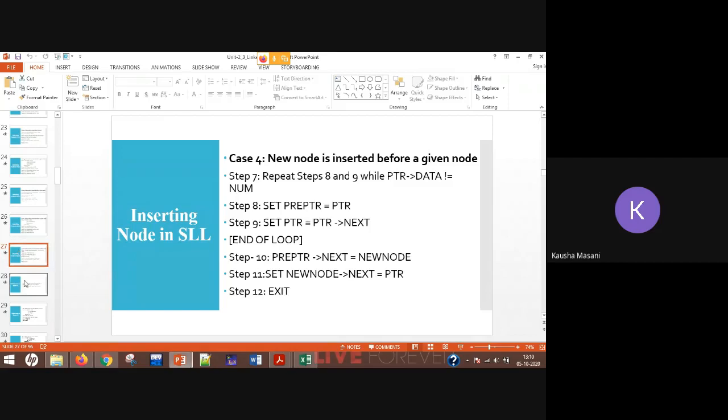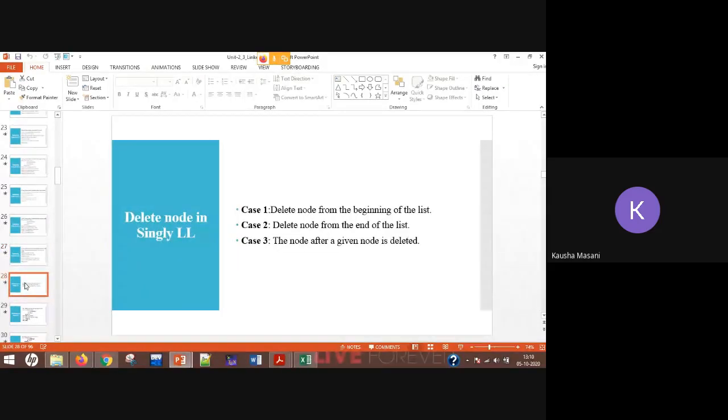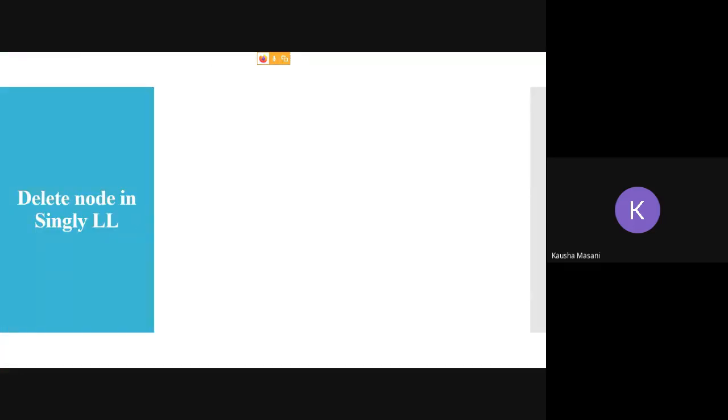All right, we are going to start with delete node in singly linked list now. So far we have seen how to enter various nodes at various positions. Now we are going to see how to delete those nodes. Case number 1 is delete the node from the beginning of the list. In this delete case, you have to keep in mind that there is a singly linked list existing.